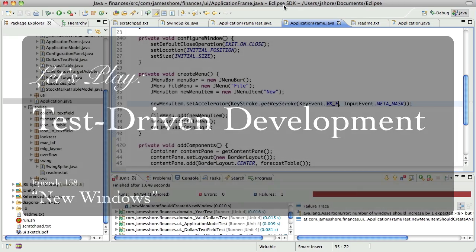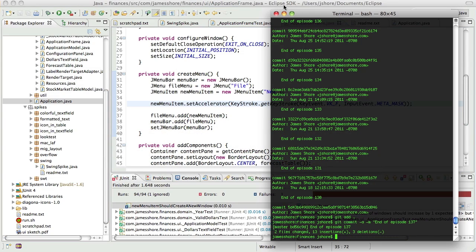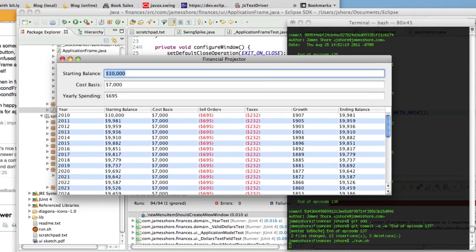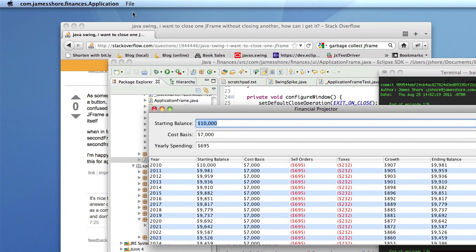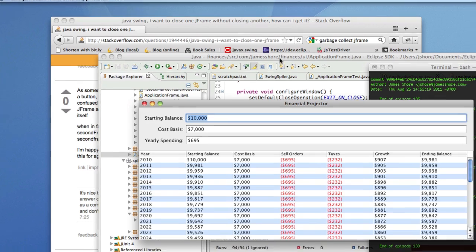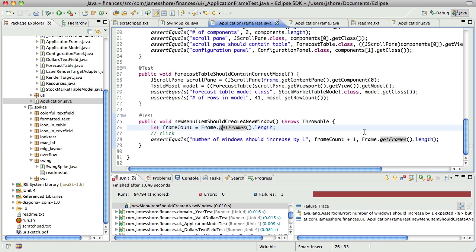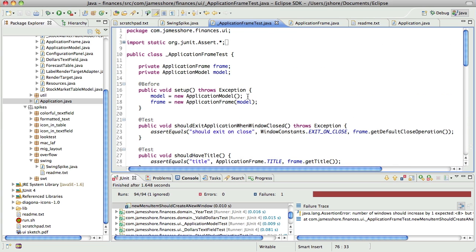I've been struggling with Swing and testing menu behavior, specifically in the area of closing windows. What I'm trying to do is write a test to assert that when I click New here, it creates a new window. What I have so far is a test that checks that the number of windows increases by 1. I really wanted to start out and say there should be one window to start, and then we click the button and there's two, but I ran into this whole issue with application frame and that it's